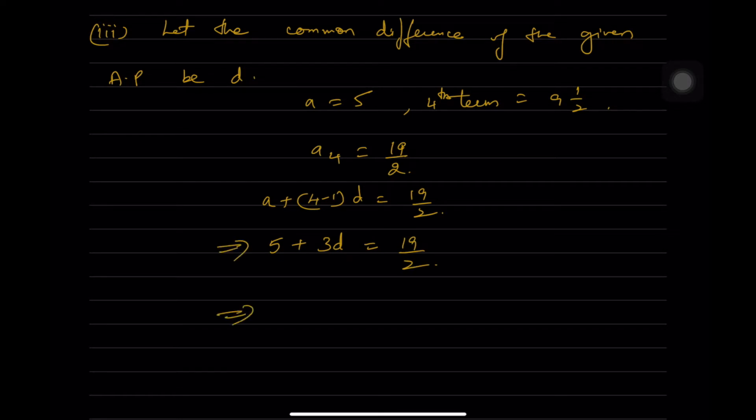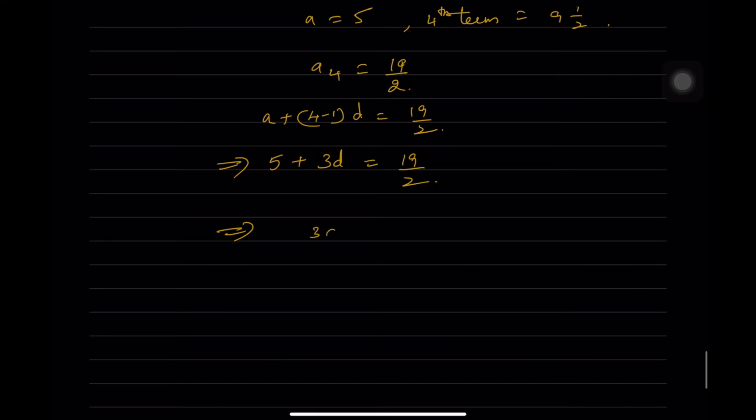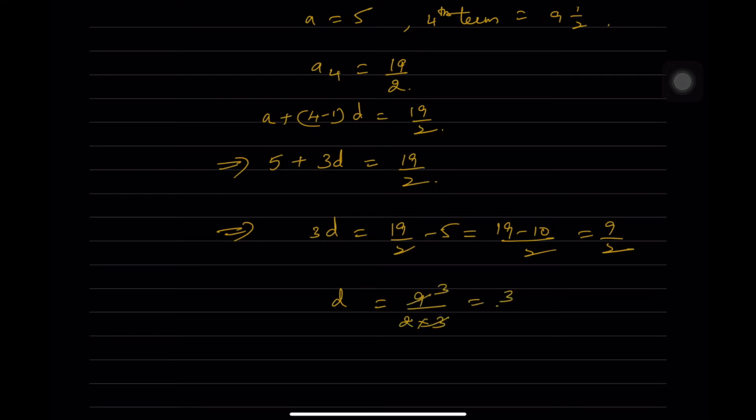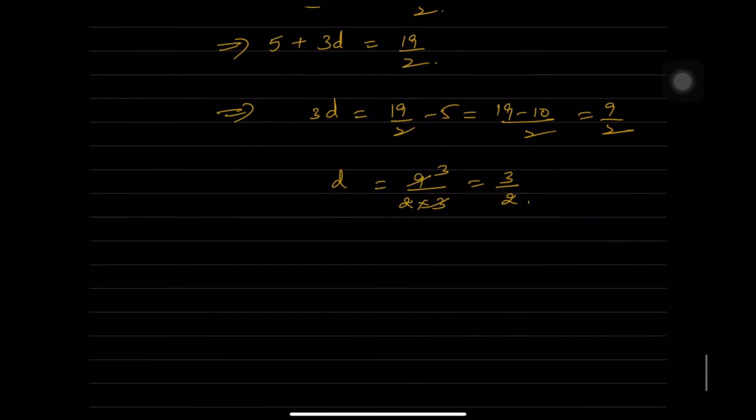So which implies that 3D is equal to 19 by 2 minus 5, which is equal to 19 minus 10 by 2, which is 9 by 2. So therefore D is equal to 9 by 2 into 1 by 3, 3 ones are 3, so 3 by 2 we are getting as D. Therefore